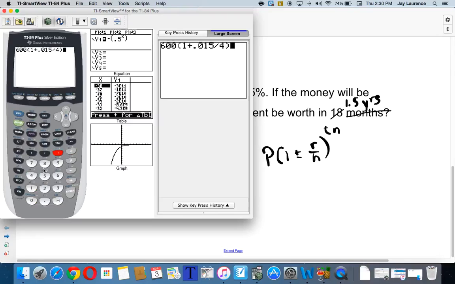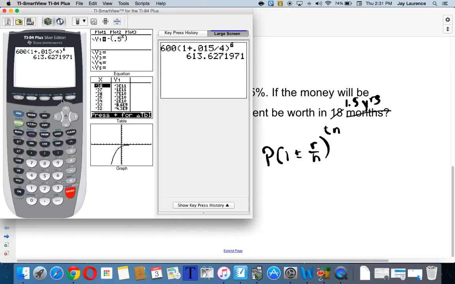I don't need any extra parentheses in there because the calculator understands the order of operations. Inside this quantity, it'll divide 15 1,000ths by 4 and then add 1 to it. Then I need to go with an exponent, and my exponent was 1.5 times 4, or otherwise known as 6, right? And I hit enter, and I get